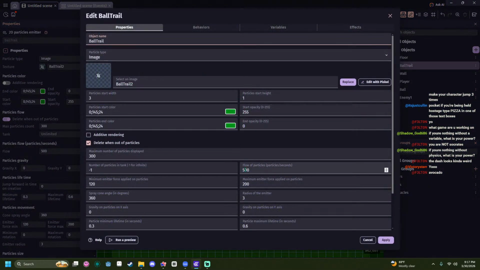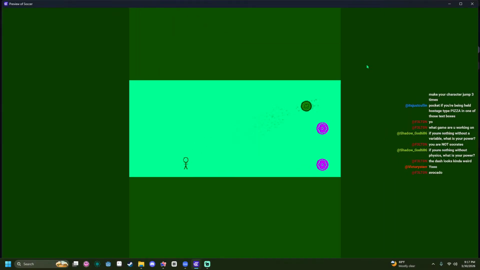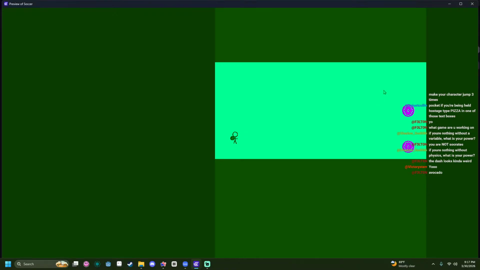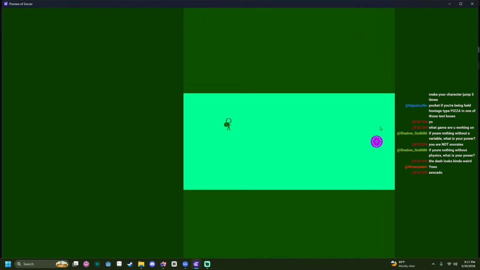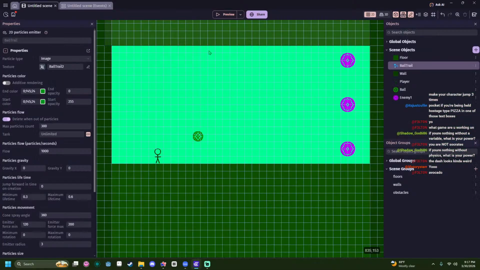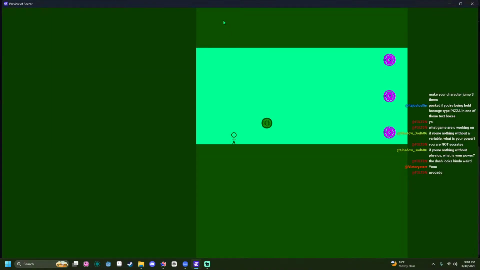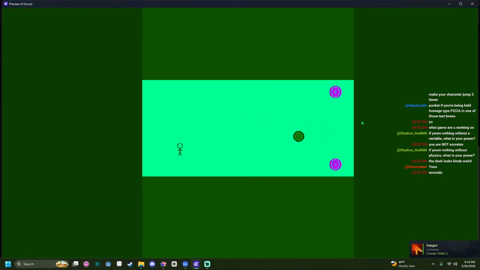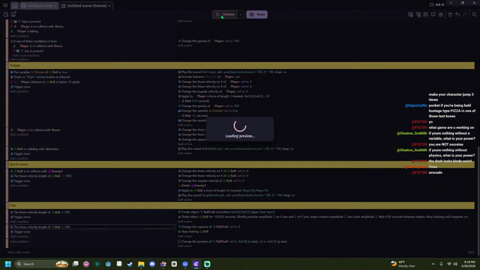And then just make the flow of particles like double. It's got a weird period there. It needs to be a bit slower. Like not much slower, like 950. Should be good. No, that's still not enough. 900, 900.